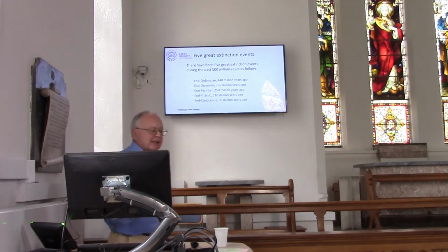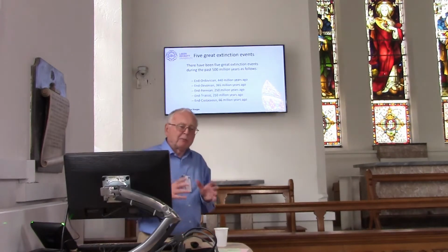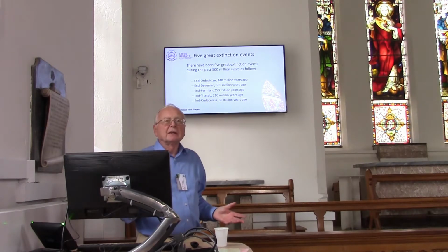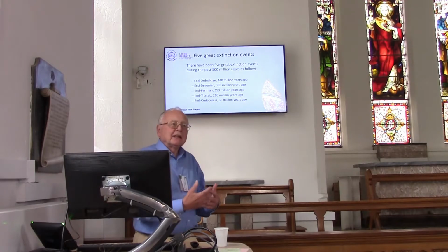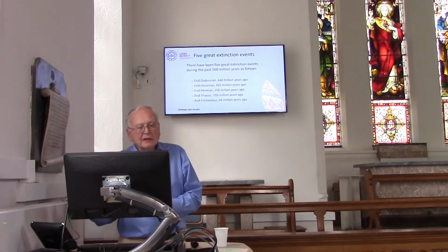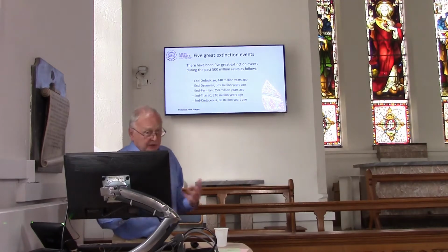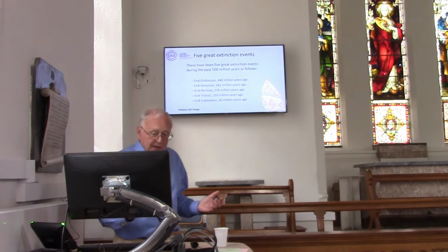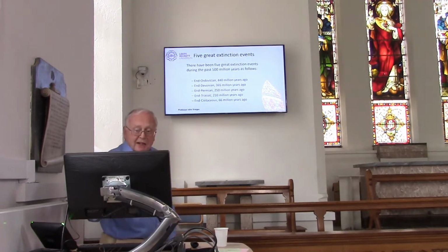Now, to have a mass extinction, you've got to have a large and biodiverse population of plants and animals in the Earth's biosphere. And the biosphere consists of 2 parts, the marine and the terrestrial. And of course the marine is and always has been bigger than the terrestrial one, and in fact life pretty well started in the sea. So these are the 5 great extinctions.